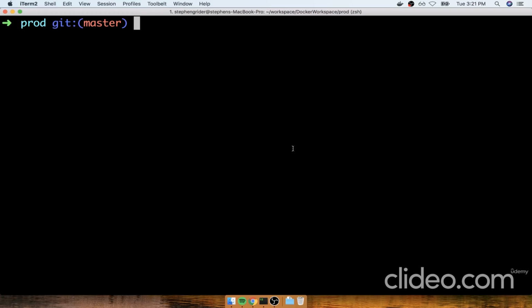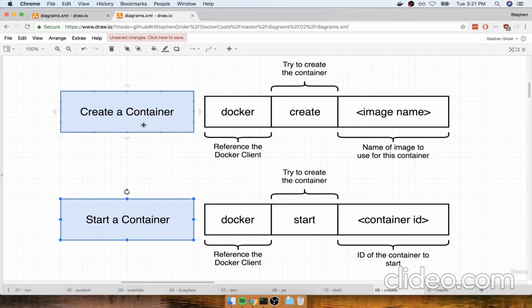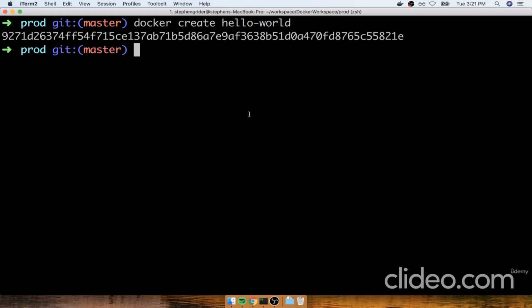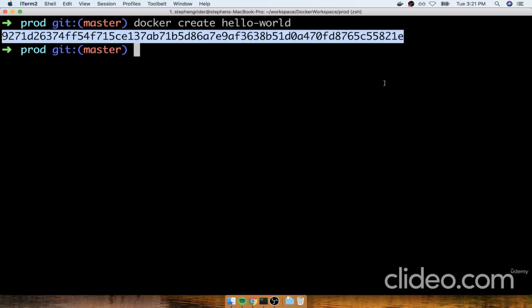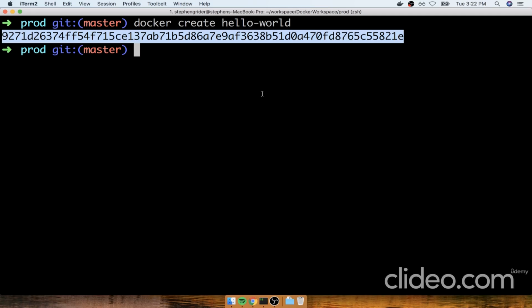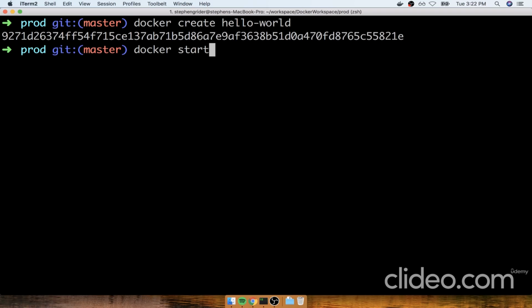Over at my command line, I'm going to first try running the docker create and start commands with the hello-world image. So I will first do docker create hello-world. When I run that command, I get this long string of characters printed out. This is the ID of the container that was just created. I can now execute the hello world command inside of this container by running docker start,